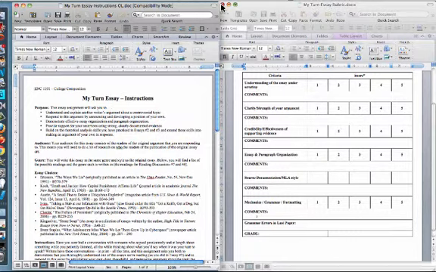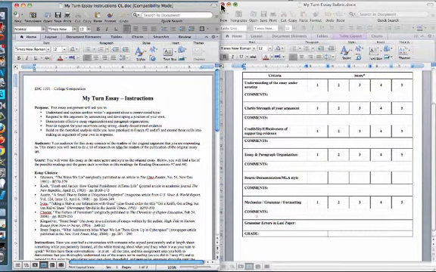And this reading of the assignment sheet is one of the skills that you need to develop at the college level. Generally, my assignment sheets will be very clear about what I am expecting in the essay, what the different components of the essay are, and what I'm going to grade the essay based on. Most college professors will provide you with that information if they don't ask for it.